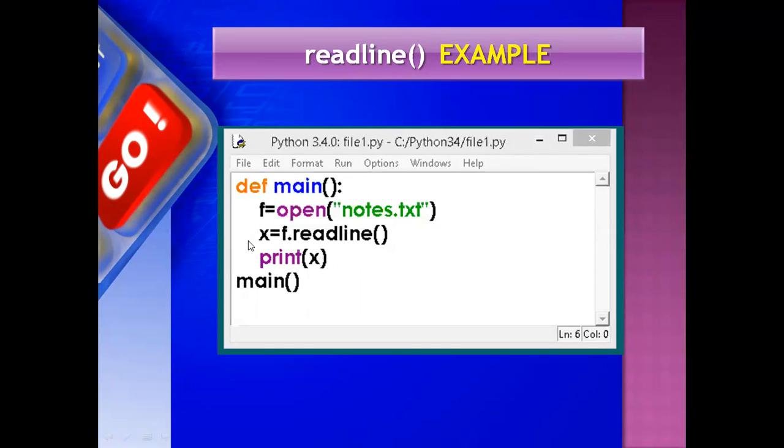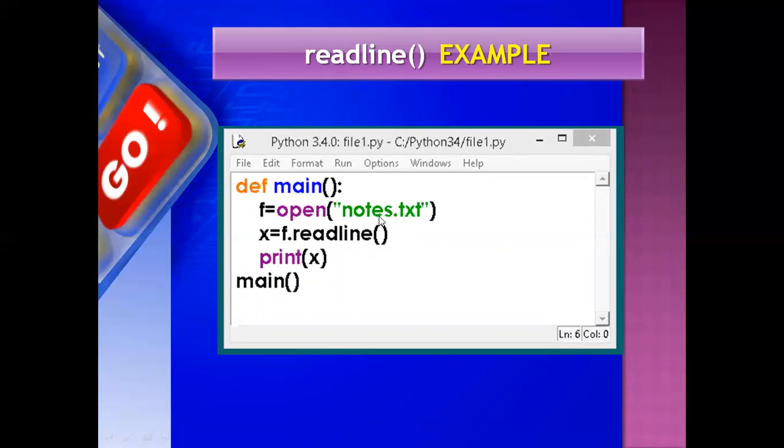This is a small program. See here, def. We have already discussed def. It is a keyword. Main is a function; here you can write any user defined function name. And f is an object here, equal to open. You are opening a file. This is an already existing file.